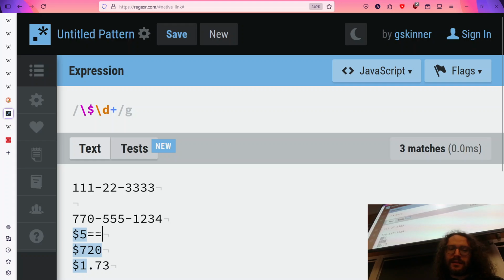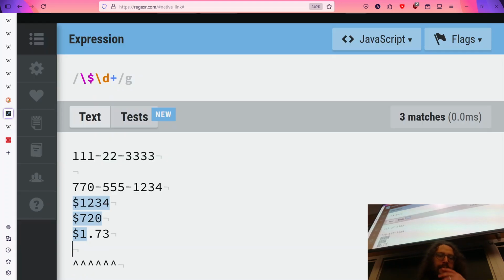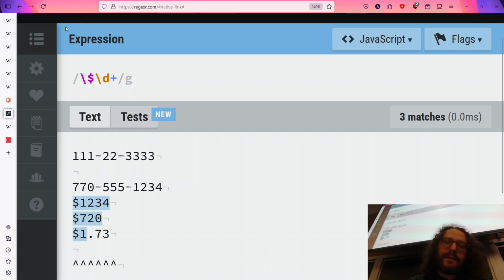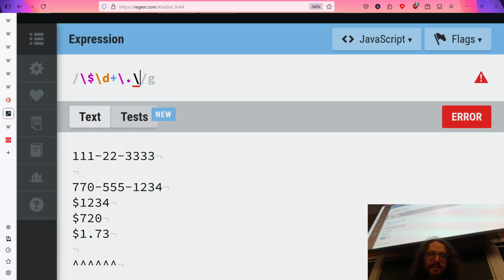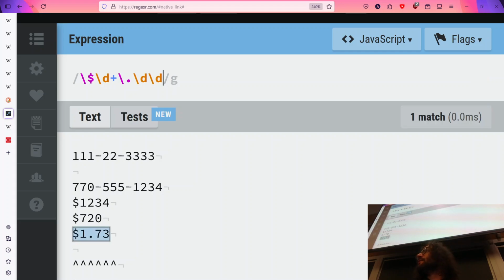So it does not match a $ sign by itself, because that is nothing, but it matches $1, it matches $12, it matches $123, it matches $1,234, and so on and so forth. Right? Now, we're not matching the cents yet, but we can handle that. We want the dollar, we want the dot in there, and then if there's a dot, we want 2 digits after it, just exactly 2, because we always do exactly 2 cents. Now, the issue is that this is now blocked.